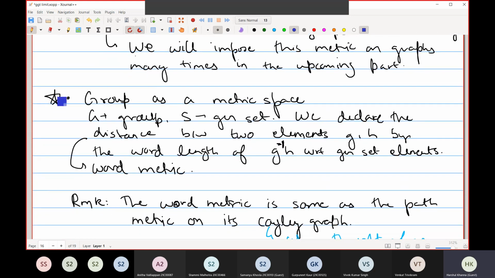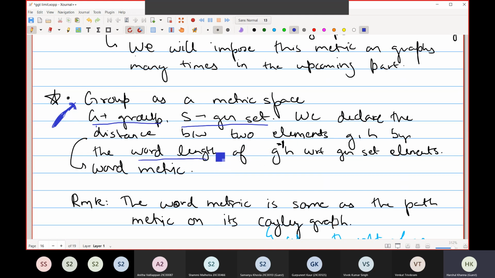Okay. Now next is the group. This is a very important class of examples. Very, very important. We want to look at the group as a metric space. My setting is that I have a group G and S a generating set. We declare the distance between two elements G, H by the word length of